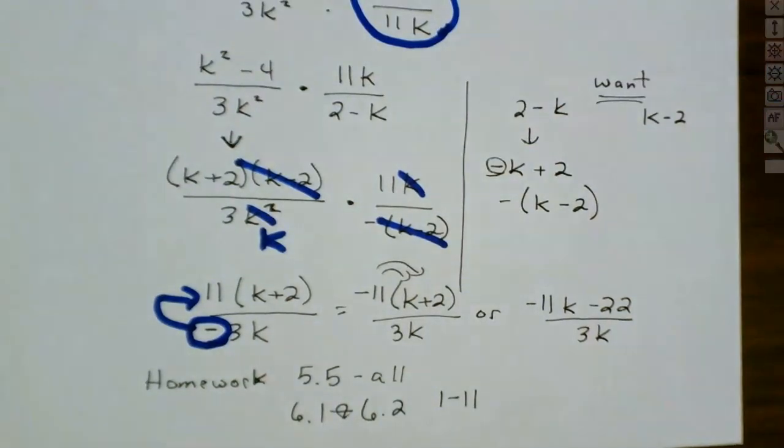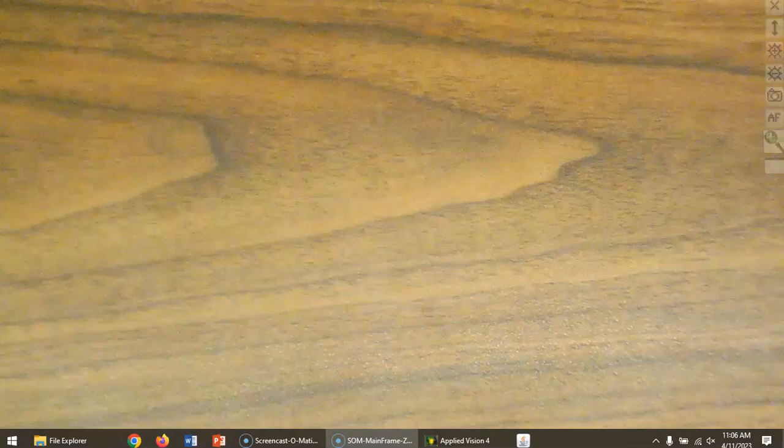Well, that's it for today. So I will see everyone then on Thursday. And Thursday we're going to finish up. We talk about variation. So this is 3.7. We're going to be talking about